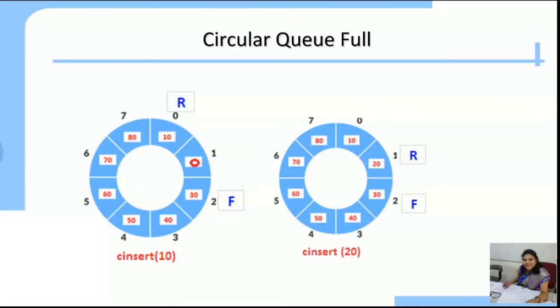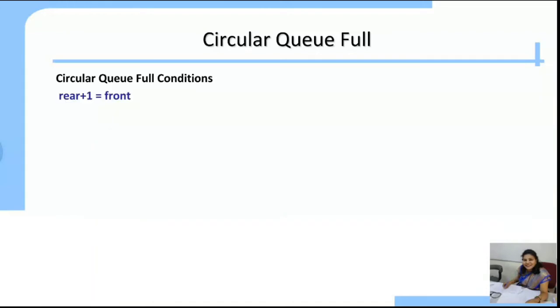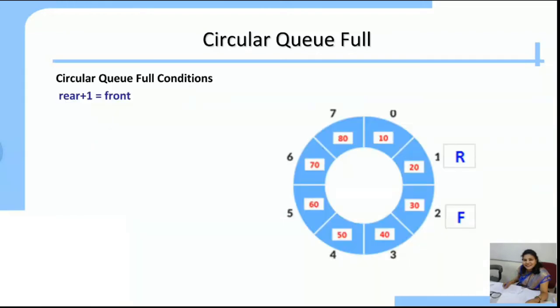So this is again the Q is full. You can see that this Q is full. But this condition is not the first condition. Front is not at 0 and rear is not at max minus 1. Here the condition is front is equal to rear plus 1. Rear plus 1 is equal to front. So rear is following the front. This is the second condition. So rear plus 1 is the front. Rear is 1. Front is 2. So 1 plus 1, 2. So this is another condition of the circular Q overflow.